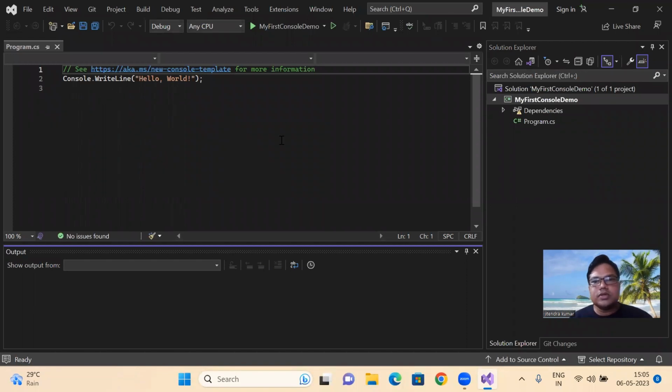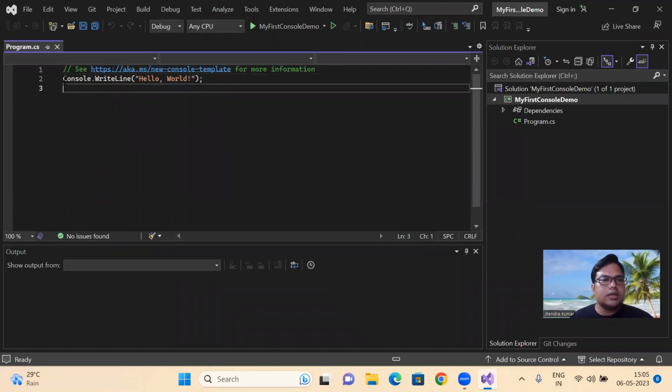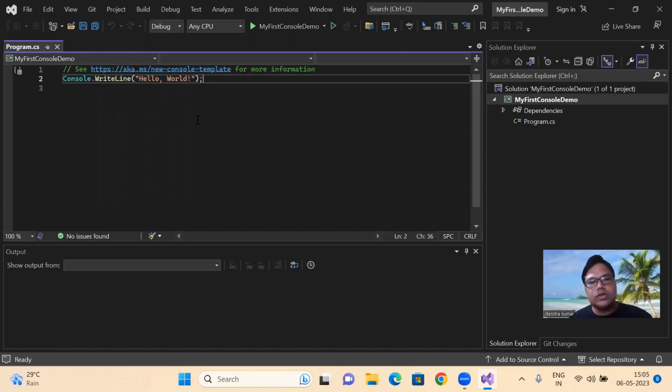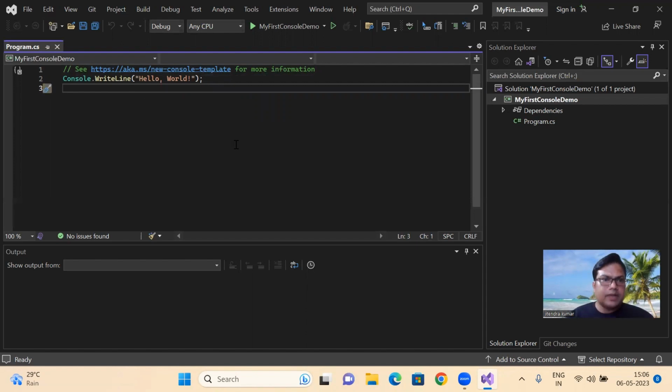So this is Microsoft Visual Studio 2022. Here we see only Console.WriteLine Hello World, and we do not see the Main method. If you observe, in 2019 we have the Main method. But here, all the libraries, templates, and directives using whatever we used before in 2019, everything is reduced. We can directly write the code which we would start from the Main method. Here we have a link, aka.ms/new-console-template, for more information. If you click here,